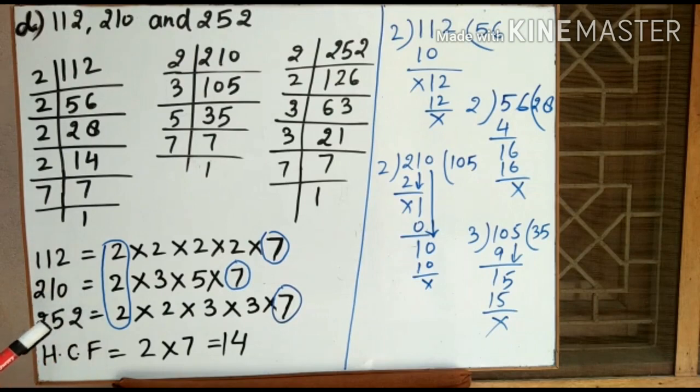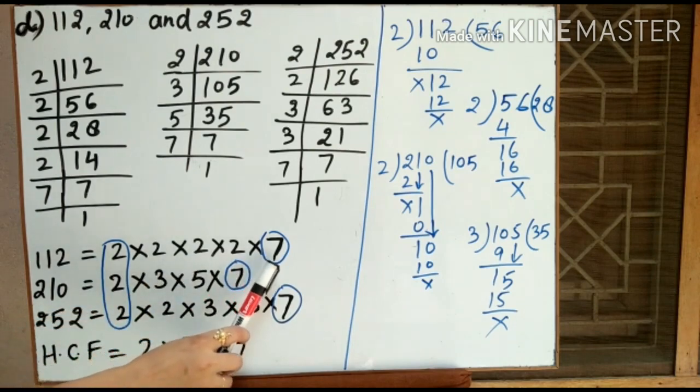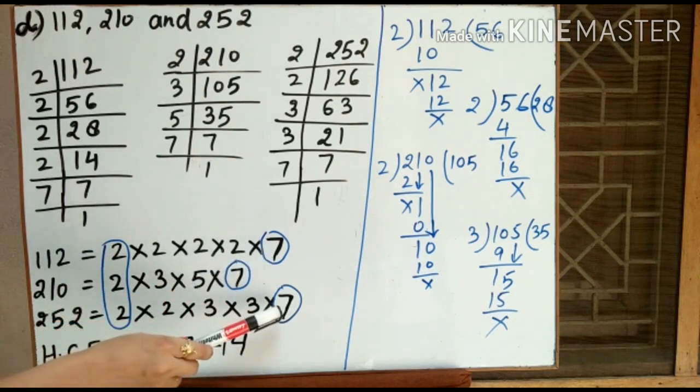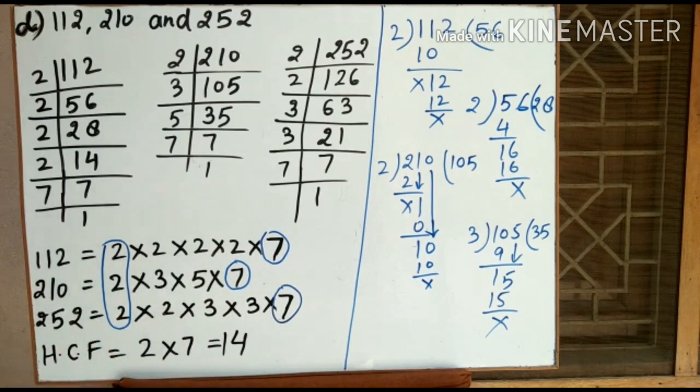Write factors of all numbers and we can see the first 2 is common. That's why we will write 2 here. And the next 2 is not a factor of the other two numbers. Next 2 is also not a factor of the other two numbers. We can see here 7 is the number which is a factor of all 3 numbers. That's why we will write 7 here. 2 into 7. Except this 2 and this 7, there is no number which is a factor of all 3 numbers. So HCF is equal to 2 into 7 is equal to 14. And 14 is the HCF of these given numbers.